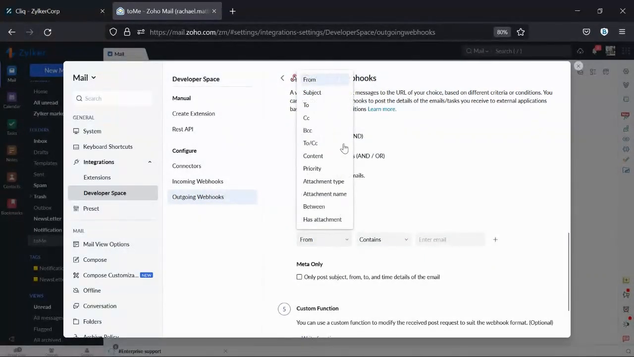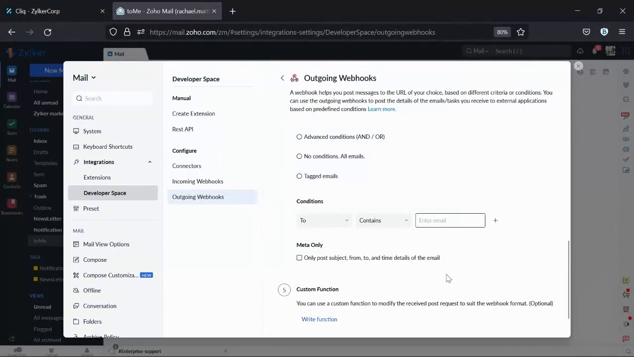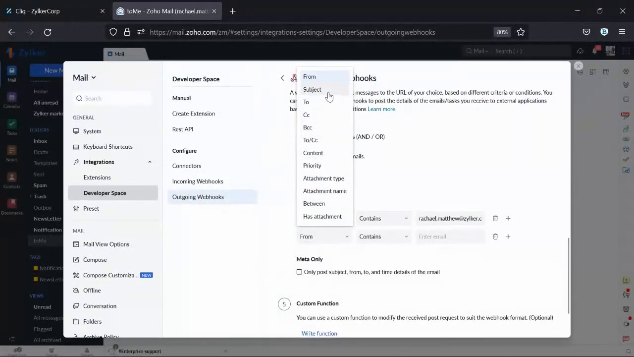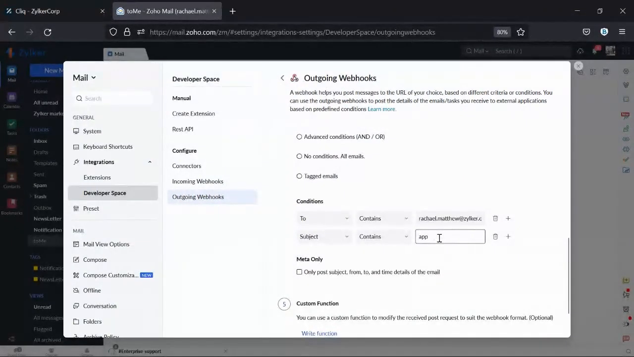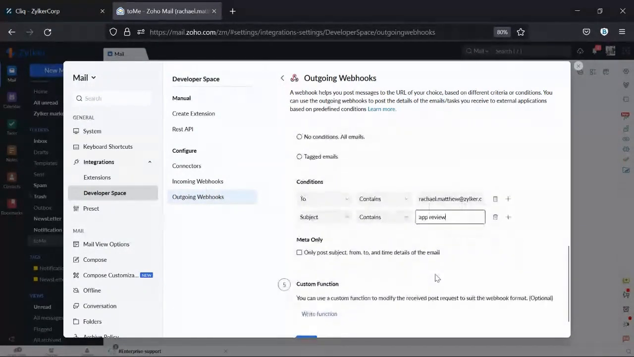So for conditions, I'm going to add a condition. So saying if a mail comes to my email, so this email is going to be Rachel. It's called Rachel. So rachel@you.tilker.com. So I'm going to add another condition that's going to say if the subject of the email is app review. Then if these two conditions are met,